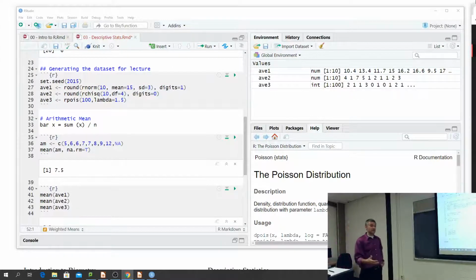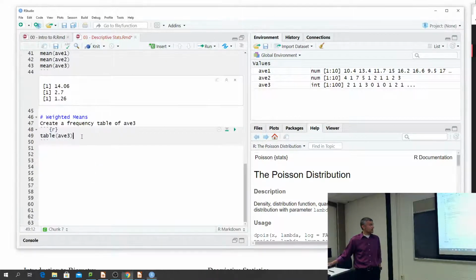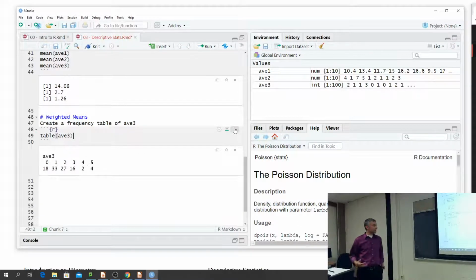Yeah, so we're going to get the same numbers. The numbers that we generate today are going to be the exact same numbers that we generated on Friday. All right, it's in my environment. Now I'm going to generate the table. How did I generate the table? Table, that's our function, and then AV3. This will work because AV3 is a vector. If this vector was in a data frame, remember we have to use data, $, and then our variable name. So I do that and I get my table.